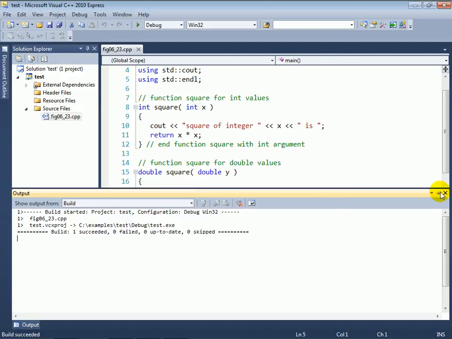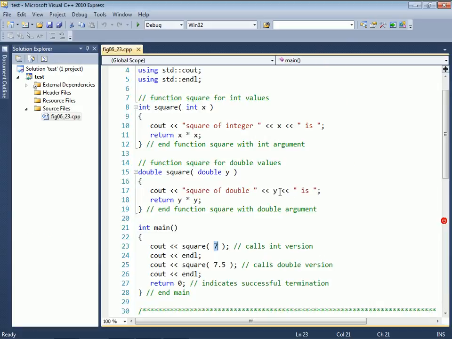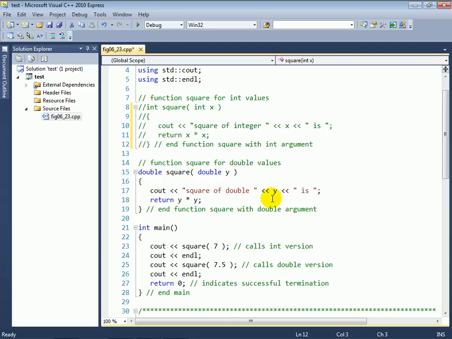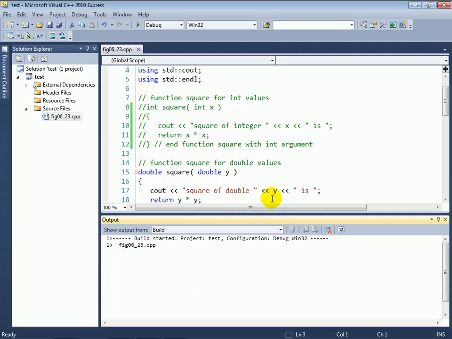And another way that we can look at this as well is, what would happen if we didn't have the int version of this function. So let's go ahead and comment that out for a second. Okay, so now we've commented out our square of int function, and now when we run the program, after it